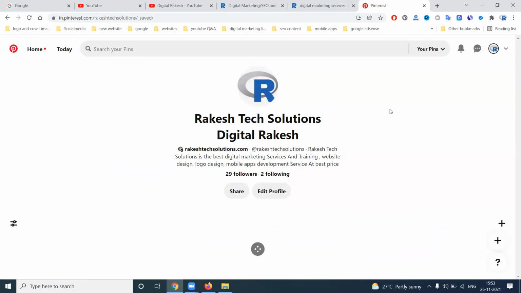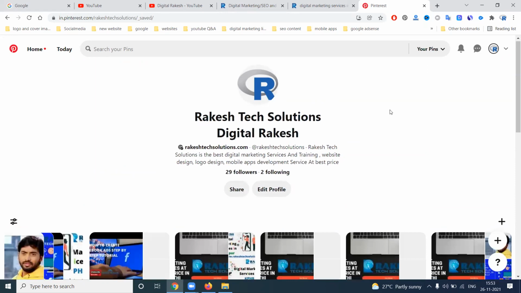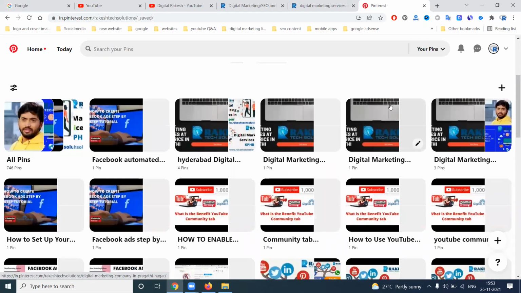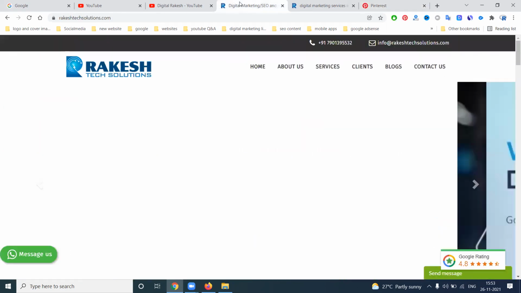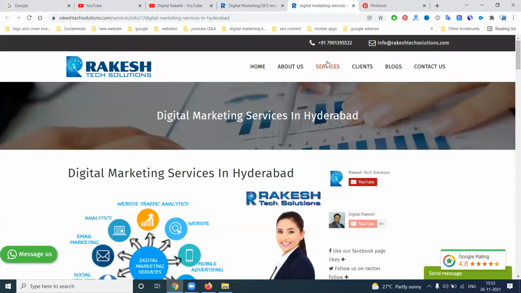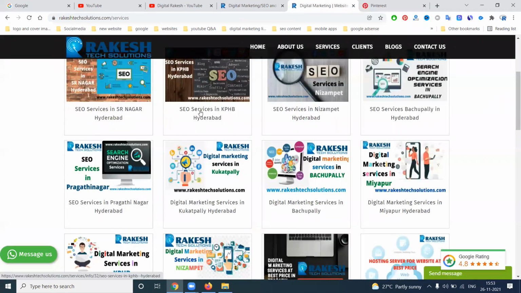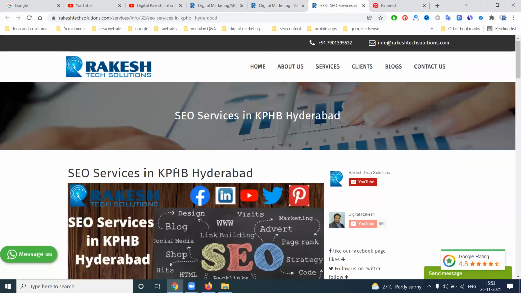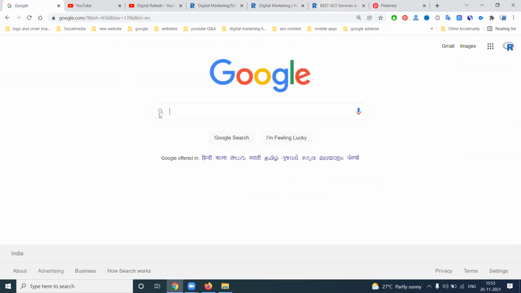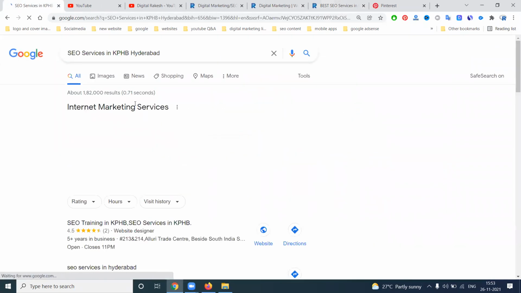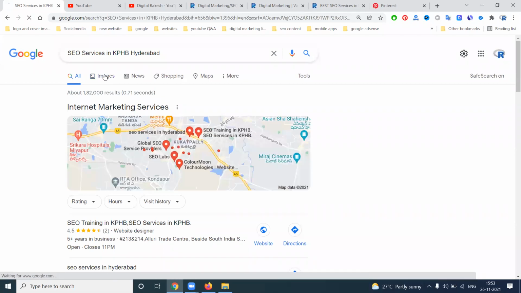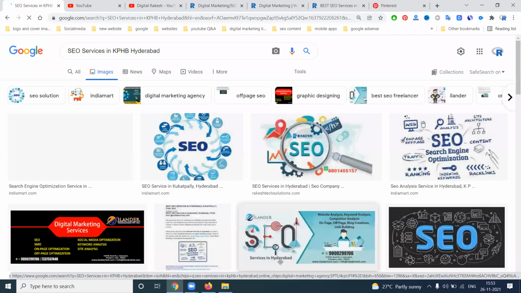We have two options. One is the board, one is the option called we can select for the pins. First of all, in a website, any content will be promoting. I go to services. Any people will click the SEO services in KPHB colony Hyderabad. So when people are searching in Google, in coming to the image optimization, in this we can select